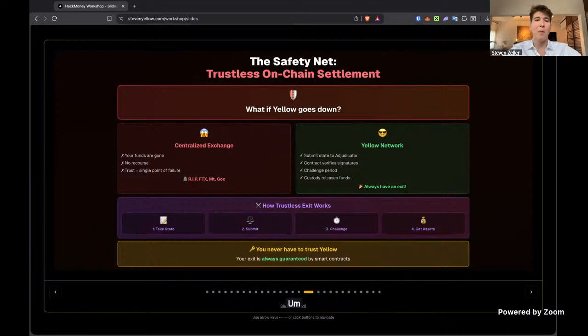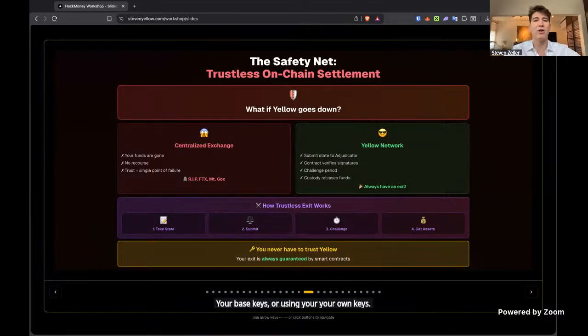Yeah, so the most crucial part about the Yellow network compared to a different platform is that it has trustless on-chain settlement. So you can withdraw your own funds if anything happens to the application or the network, even if the Yellow network entirely goes down, using your Ethereum keys or your Base keys or using your own keys.